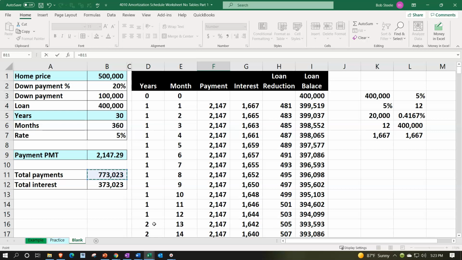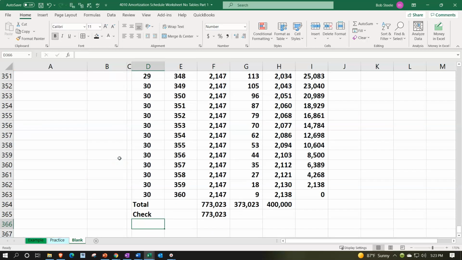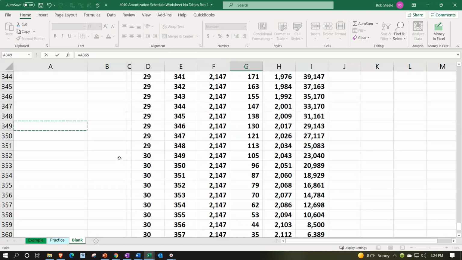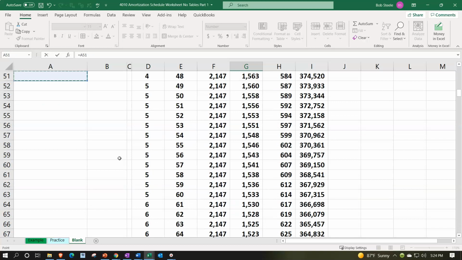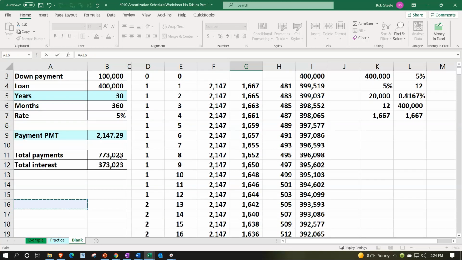773,023, which we calculated by just taking basically the payments times 360. And that's the same. That looks correct. This is going to be equal to just our check number that we had up top, which we calculated, which is going to be that